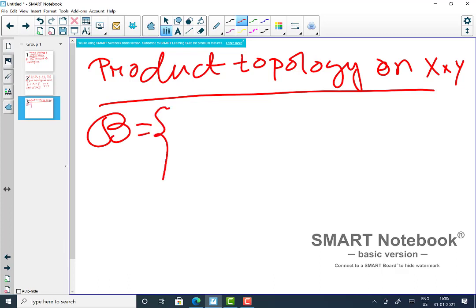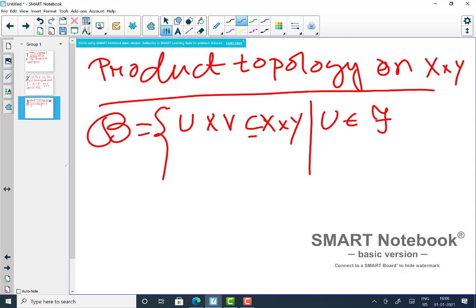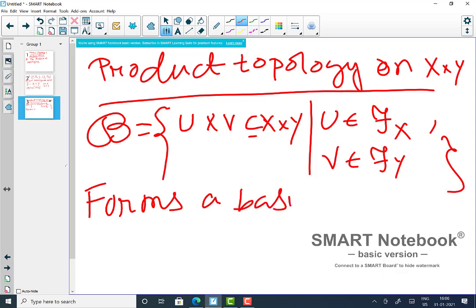I will take the collection of all sets U cross V, a subset of X cross Y, such that U belongs to tau X and V belongs to tau Y. Okay, so I'm collecting all sets of this form, U cross V, such that the first component U is an open set in X, and the second component V is an open set in Y. Then you can check that this forms a basis of some topology,